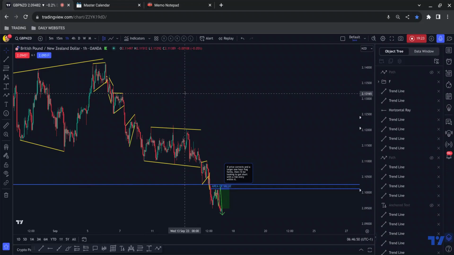Whereas with pound kiwi, I know that the spread is likely to be very, very high, which means that when price reopens on Sunday night here in the UK, when the markets open again, I know that the spread will likely go up very, very high, and I will likely be slipped out. So if both entries shape up at the same time, which I don't think is likely at this moment in time, but it could happen, then I will take dollar CAD for those reasons.